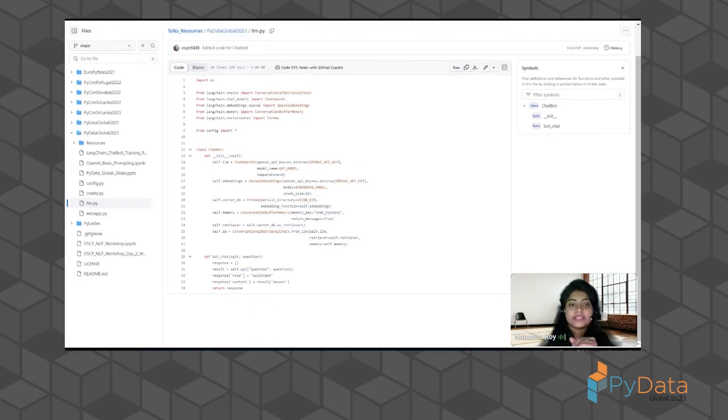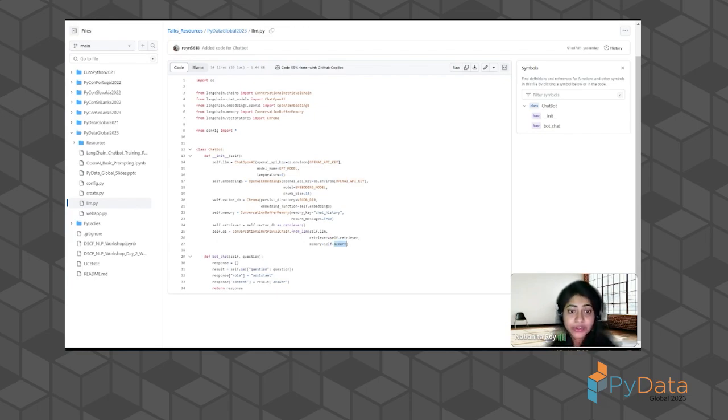So this is where I set up once again the LLM, the embeddings, the vector DB, fetching from my configuration the path, the OpenAI keys, the kind of model that I've used. I've also set up the vector DB with the default search strategy, and then with the conversational retriever chain, so that we set this up as a conversation chain.